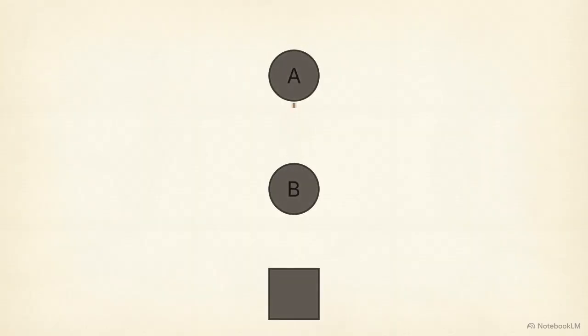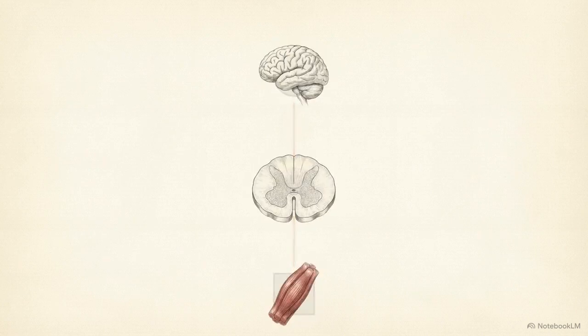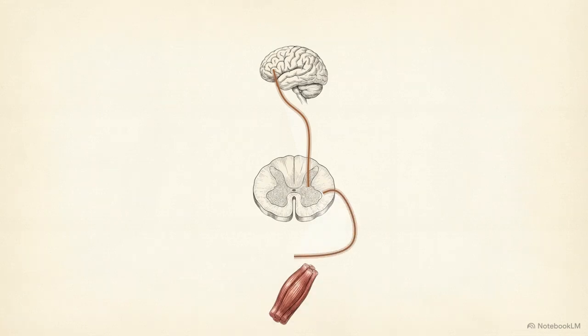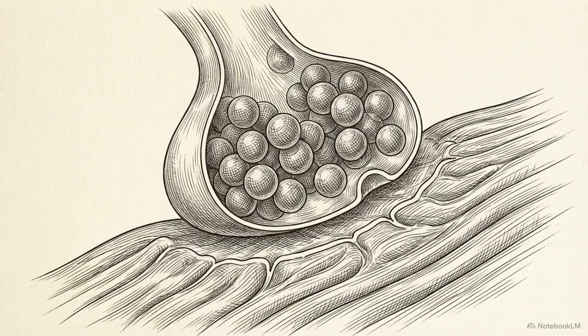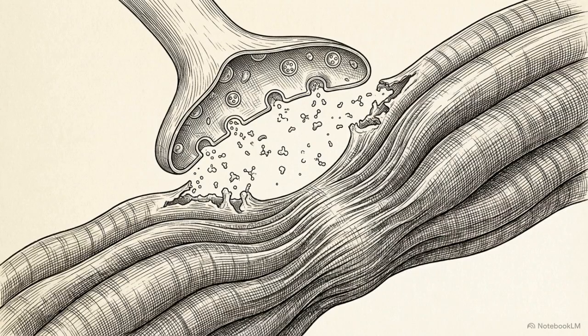All voluntary human movement is driven by a strict two-neuron relay system. The upper motor neuron originates in the cerebral cortex, crosses the medulla, and descends the spinal cord to the anterior horn. Here, the central nervous system synapses with the peripheral nervous system. The lower motor neuron begins at this synapse. It acts as the final pathway, carrying the electrical signal out of the spinal cord directly to the target tissue. The relay ends at the neuromuscular junction, where the lower motor neuron releases neurotransmitters to trigger physical muscle contraction.